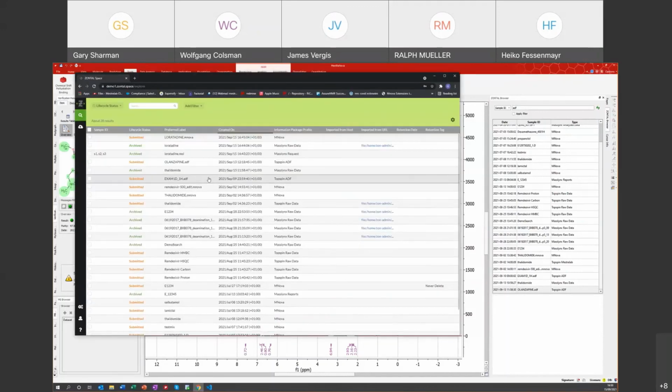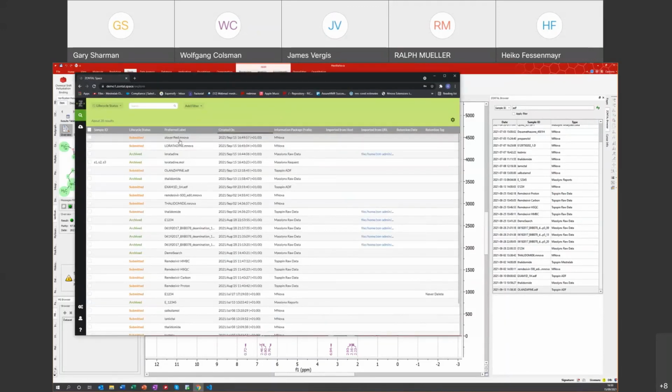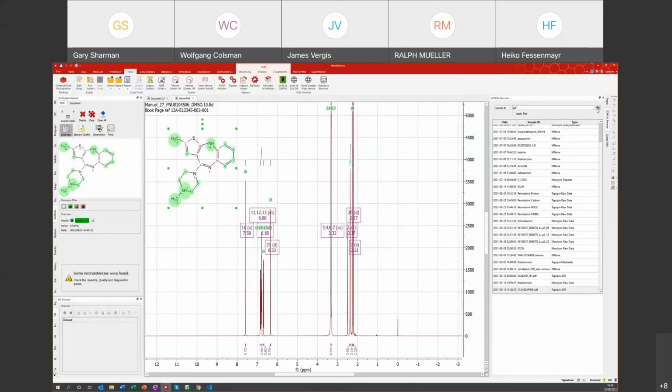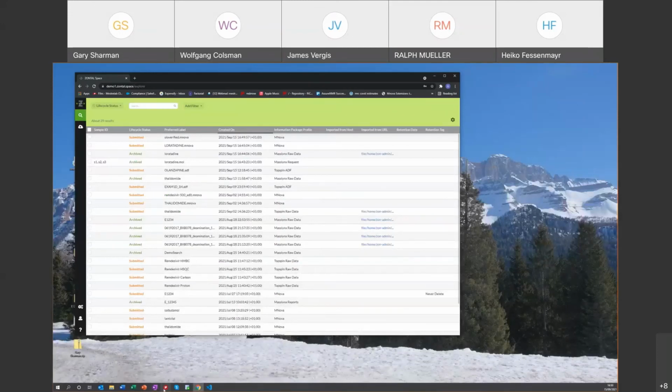We can perhaps just refresh that. There we go. In fact, it's there already. You can see that it's arrived there into the system. And in fact, just to prove this is live as well, if I refresh here as well, you can see that I see it back in my view within Mnova. So if I just put my slide back up again here,